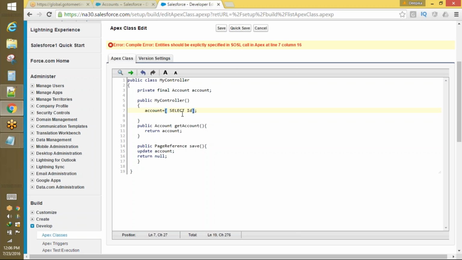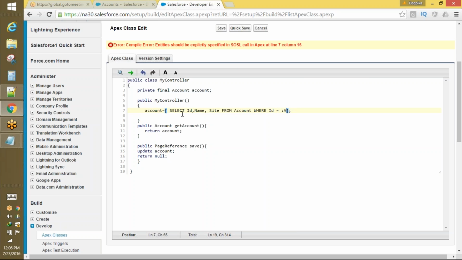Select ID, name, site from account object where ID goes to this one,